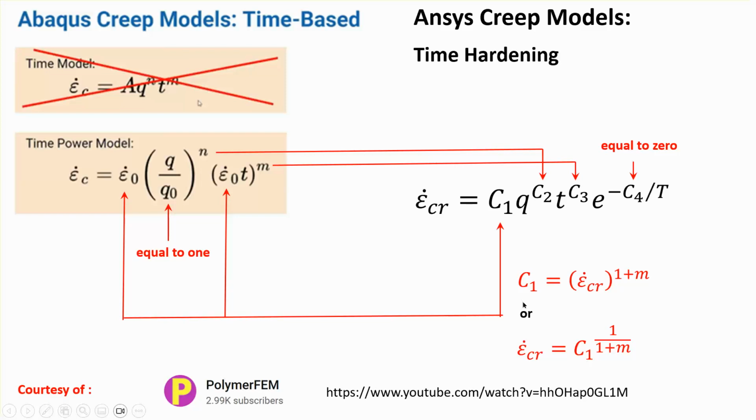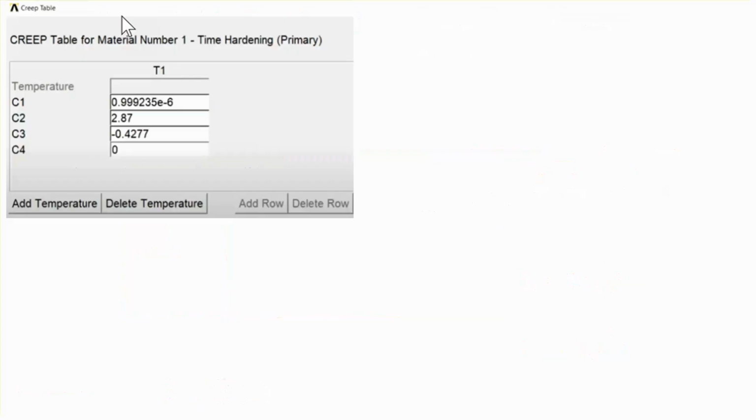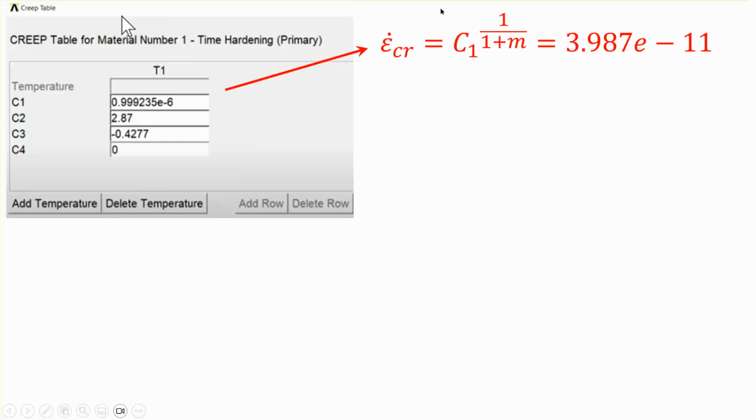So the C1 used by the YouTuber from his paper was given in the previous page, and therefore we have to get this value accordingly. So this is the stuff from the ANSYS calculations. So if you plug in the given values based on the information that was given to you, you get the value